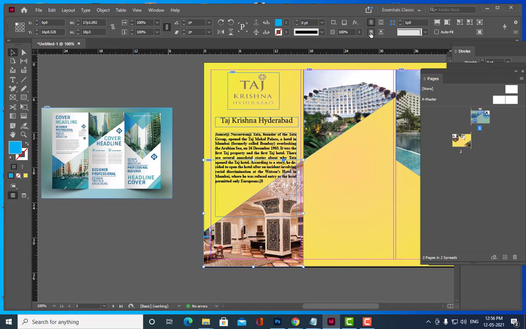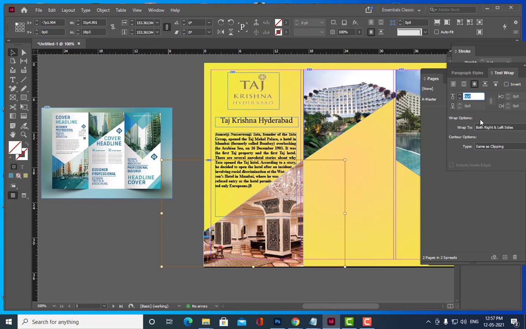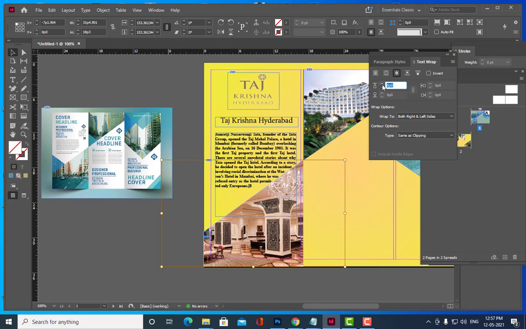Okay, so we can click here. See, can you see what happened? Now the image has wrapped the text. So you can go to the text wrap options, and then you can increase this. See here.